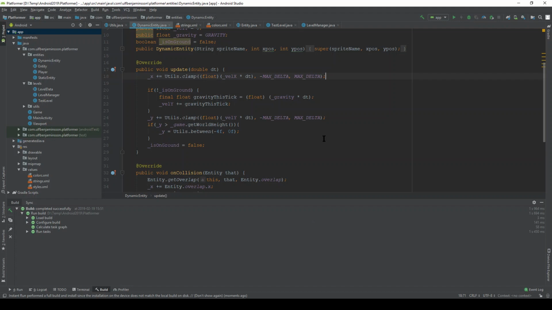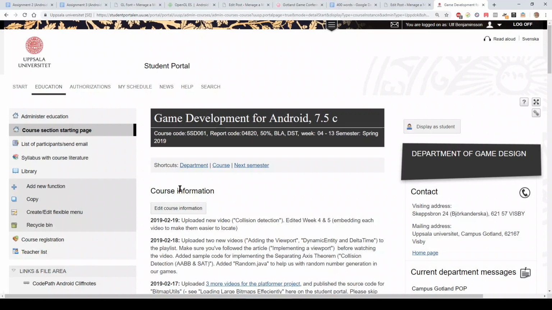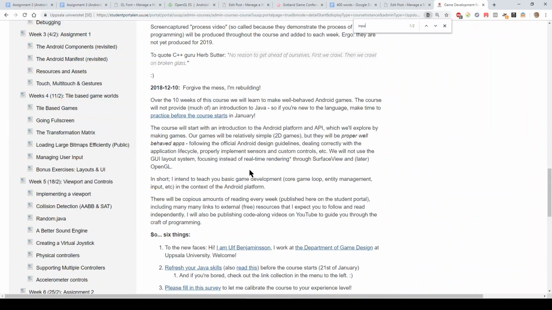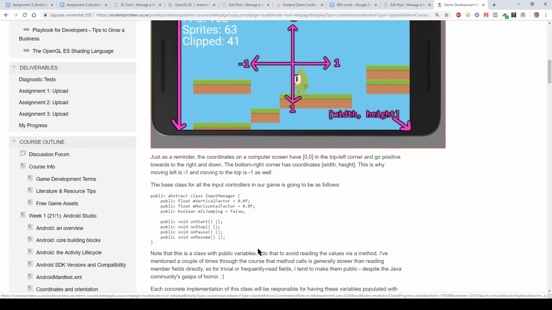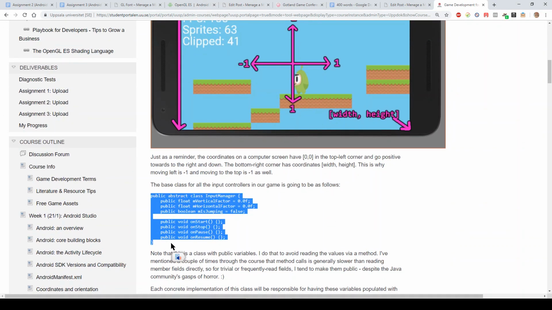Pour yourself a cup of coffee and let's dive into a tutorial on the course website. We want to build an input system, and I've written an article about just that. It starts out with setting up a base class interface for an input manager. It's got the lifecycle callbacks, and it's got 3 members for the vertical factor, horizontal factor, and an action, in